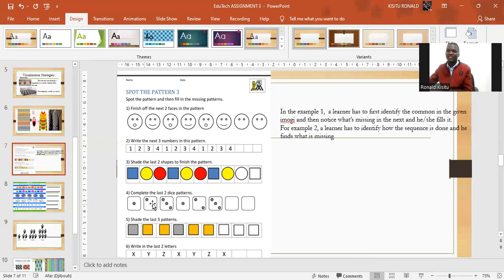The dice is 1, 2, 3, 1, 2, 3. Easy. After identifying the sequence, what did they use? You can easily get to know what is the next. Now, next is